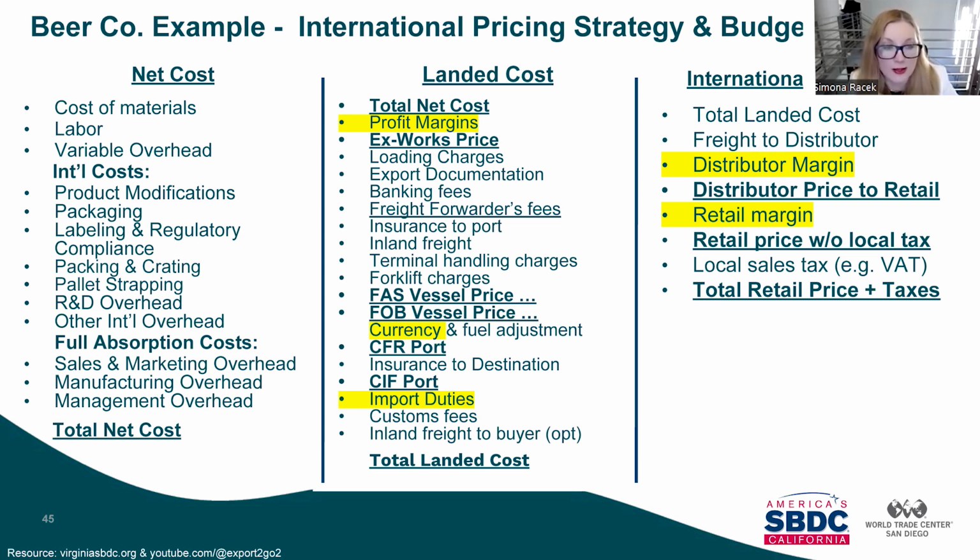And then we look at the CFR, cost and freight. And then you have insurance at destination. So we look at the cost, insurance, and freight, CIF. And then we look at import duties and customs duties. And depending on who decides to pay and what Incoterms you have finalized your trade transaction with, there will be an inland freight from the destination port to the buyer as well. So these are elements for you to consider in the landed cost,